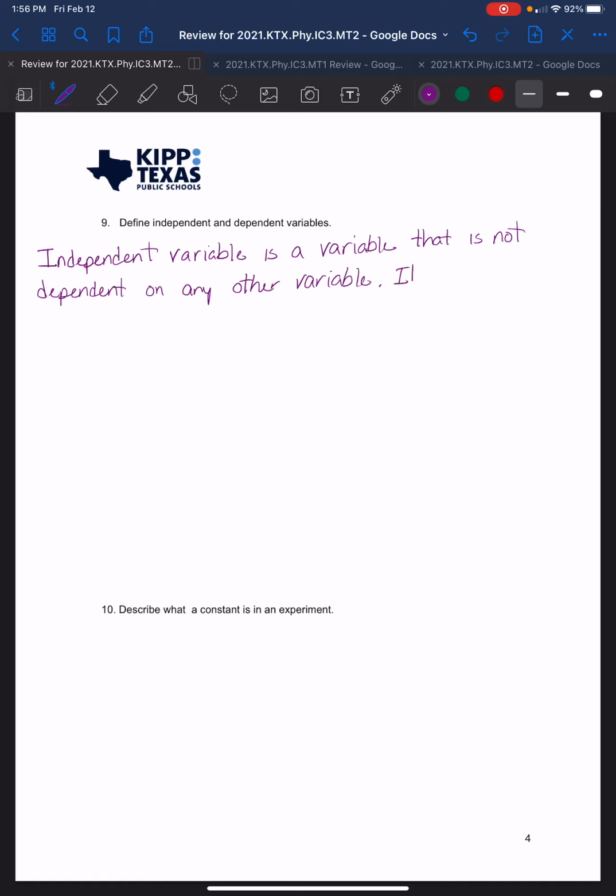It is also the variable that is purposely changed